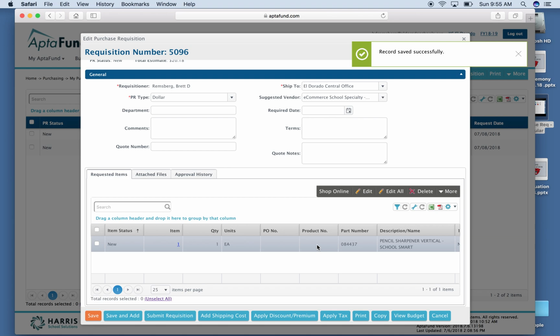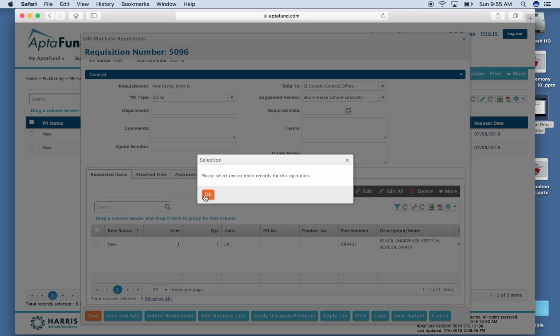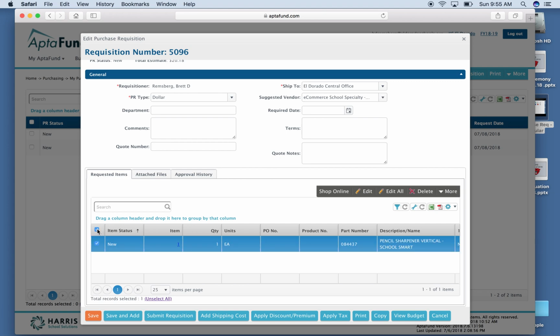Now, one thing that we found out after we had completed bulk orders this year, say if you're a building secretary and you've entered the bulk order and it's got 100 and some odd lines, you don't want to go through and add that account code line by line. So now they've added the feature, you can apply account code to requisition items. You would select that button. It would select all the lines that you have in your requisition. Come to the More drop down, apply account codes to requisition items,